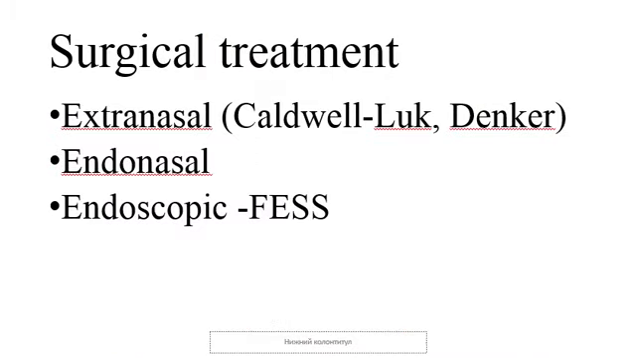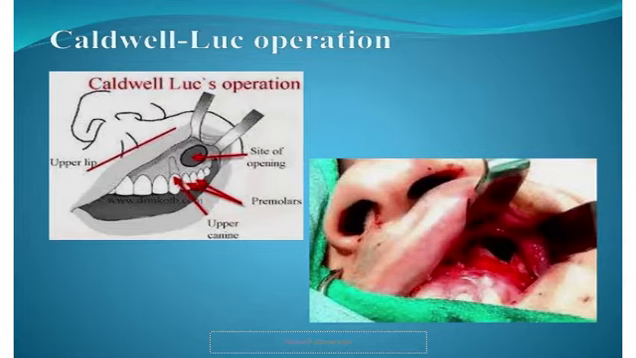The surgical treatment may be extranasal, for example the Caldwell-Luc and Denker surgery, endonasal, and endoscopic surgery. In the slides you can see the Caldwell-Luc surgery. To do the Caldwell-Luc surgery, we should expose the canine fossa. We should insert through this hole into the maxillary sinus, and we should create the connection between the nasal cavity